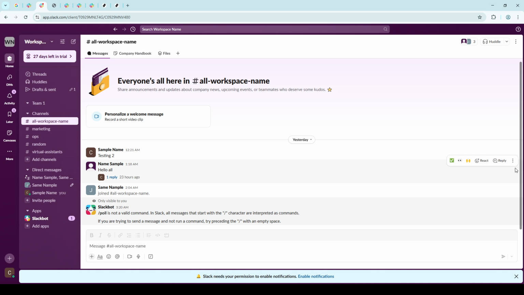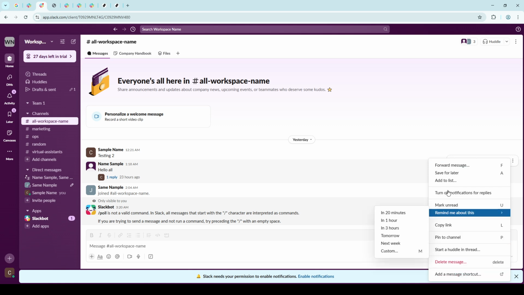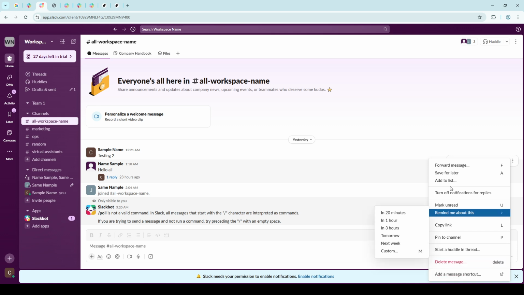With the message in sight, direct your attention to the right end of the message box. Here, you'll find an ellipsis or three-dot icon. Clicking this icon will bring up a menu sprinkled with a variety of actions you can take with the message. These options allow you to do things like mark as unread, reply in a thread, or even delete the message